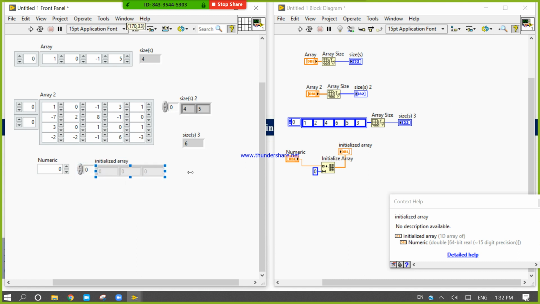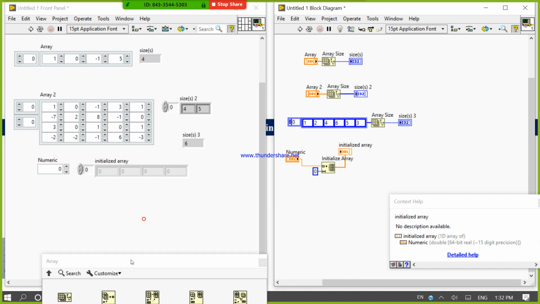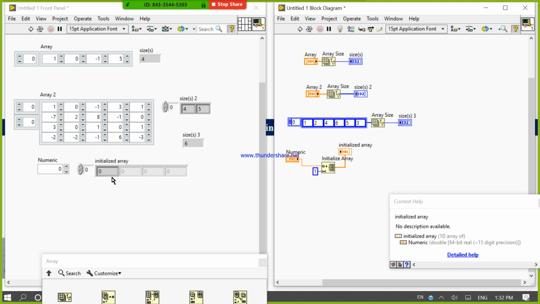Now if I run, this is just an element, and this is an array without any value because the array size is 0. If I change the array size to 1, it will generate the value for index 0. So the array size is 1 for this 1D array.